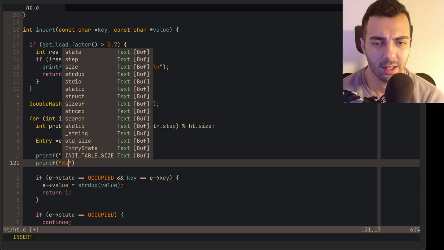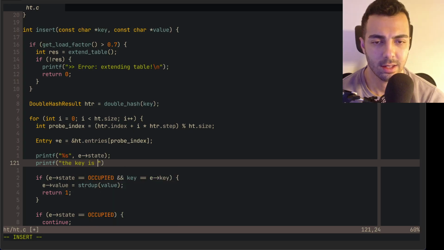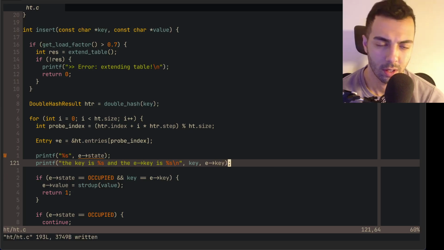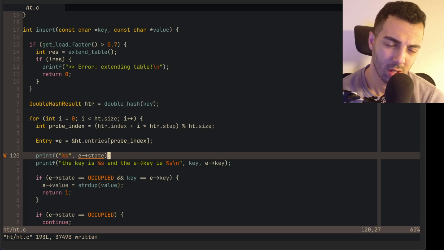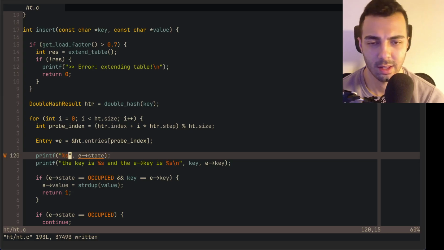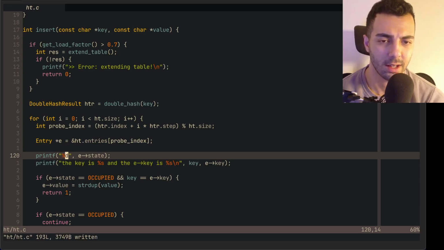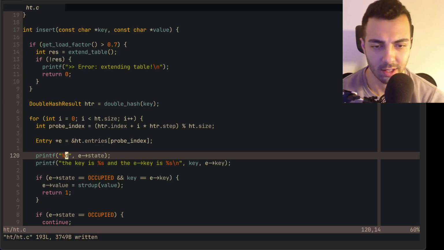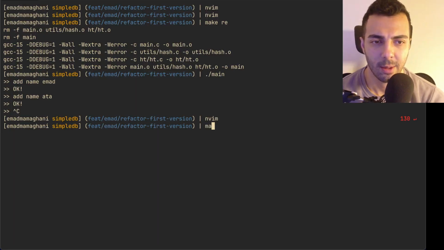I'll go with the key is this and the E key is this. So key and E key. And let's go with D here because that's an enumeration and then that's gonna have a value of an integer. Let's see what happens. Make re